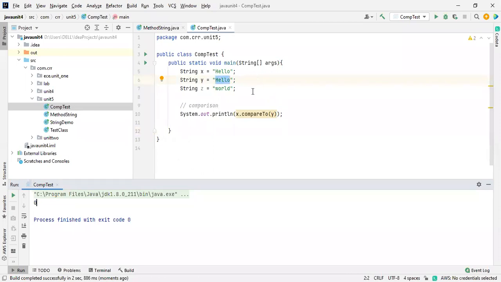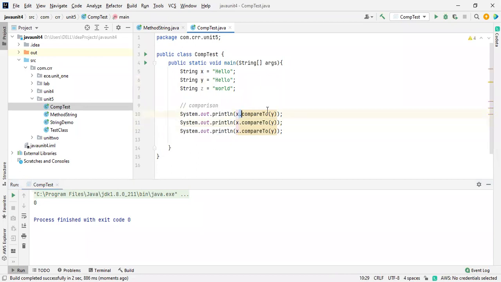So there are three methods we have for comparison purposes. One is the operator, one more is equals, just wait a second, let me paste it, equals y, and equals y. Okay, I'll take it as z.